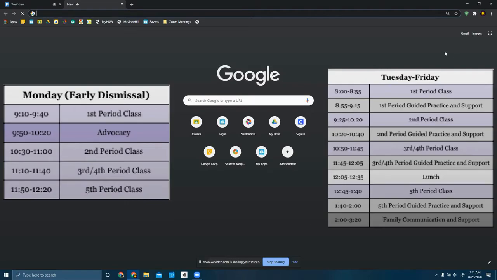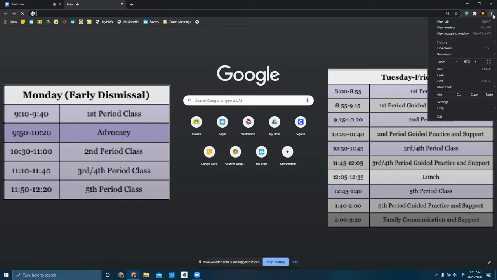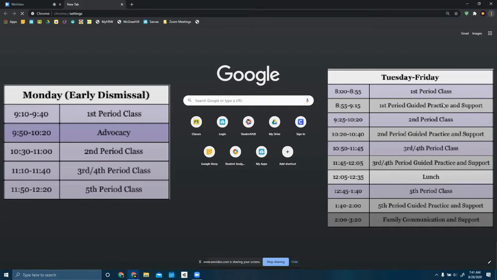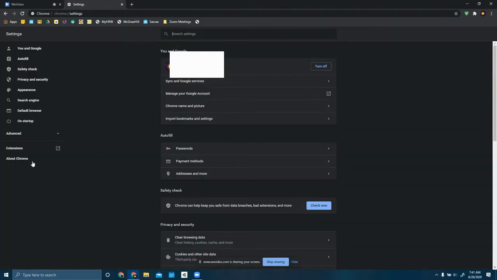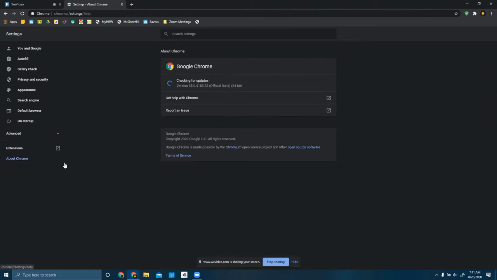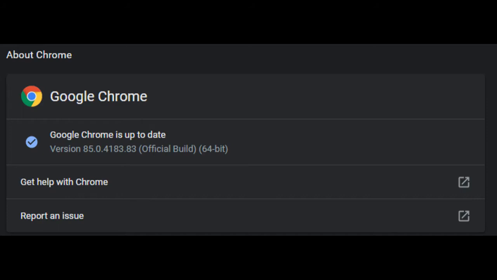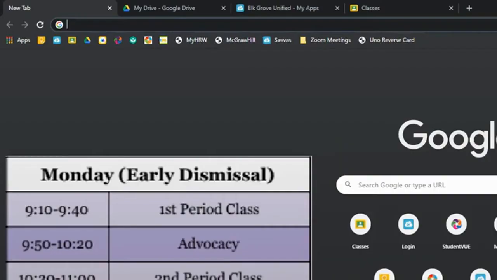To start, press the three dots in the top right corner. Then press Settings. Then press About Chrome. If there is a button that says Update Now or Check for Updates, make sure you press it. Make sure that Google Chrome is updated to at least 85 point something, and you're all set to use tab